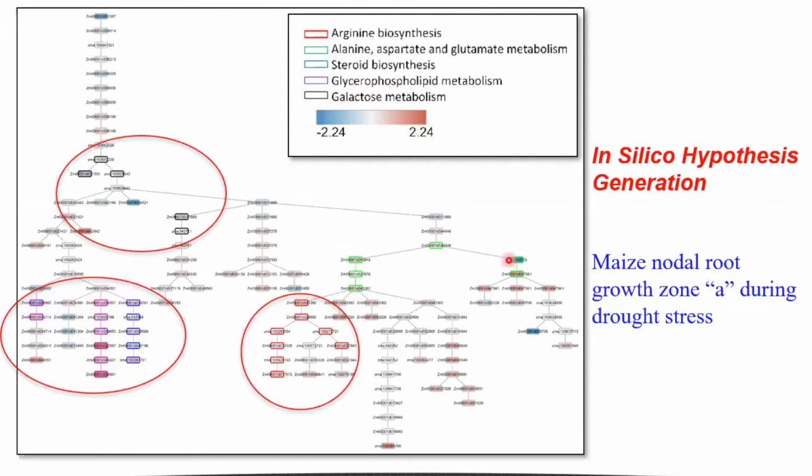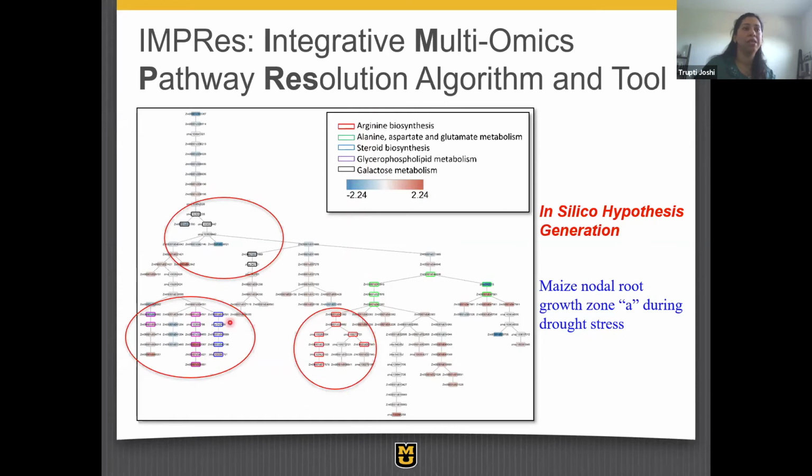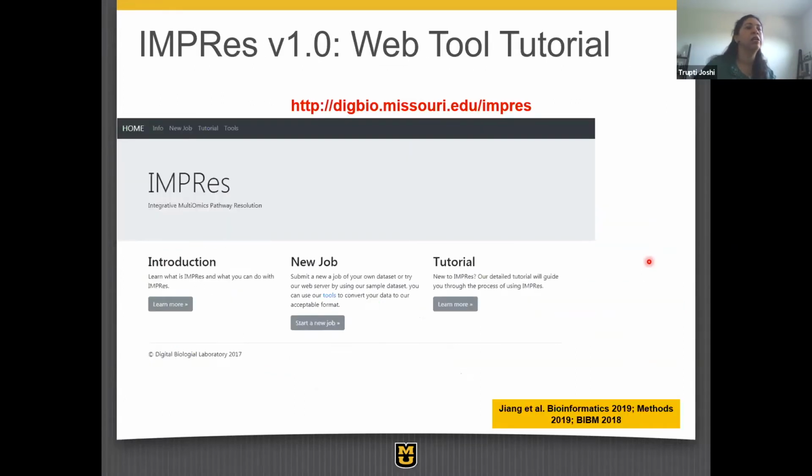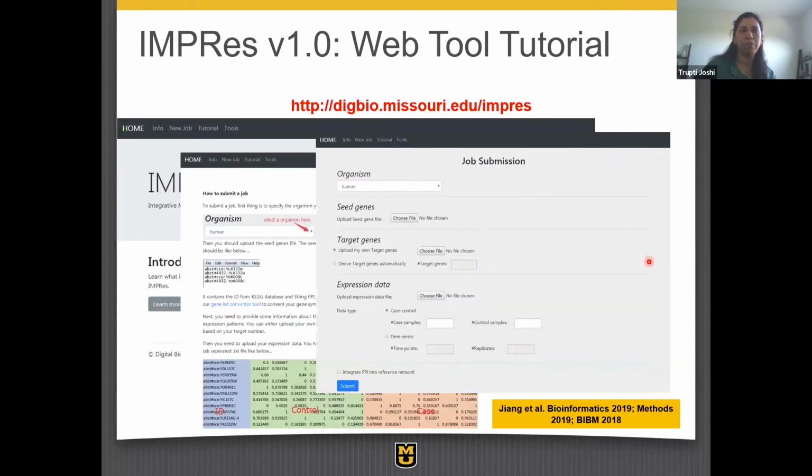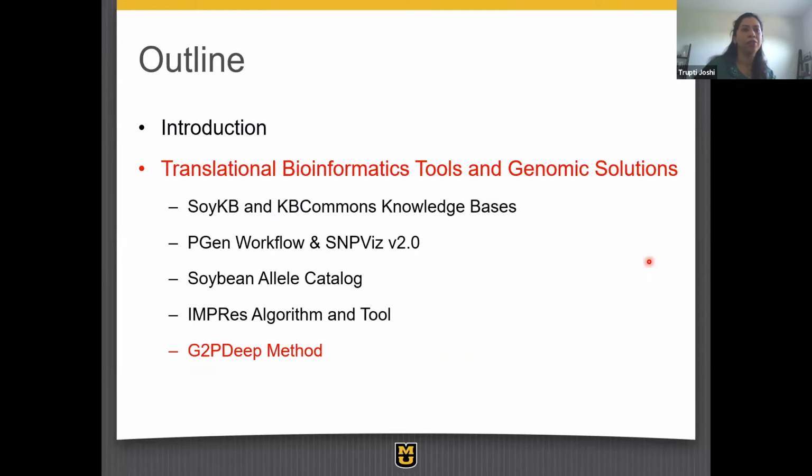And so we put it into this with the idea of doing some in silico hypothesis generation to identify some key connectors coming from the data, and not just focusing on functional enrichment or differential gene expression. So this has really led us to a lot of good insights into the data with our collaborators. The tool is available online if anyone wants to go and run their own data. It'll walk you through some of these steps and give you the results at the end. So I think this might be again something that's very relevant.